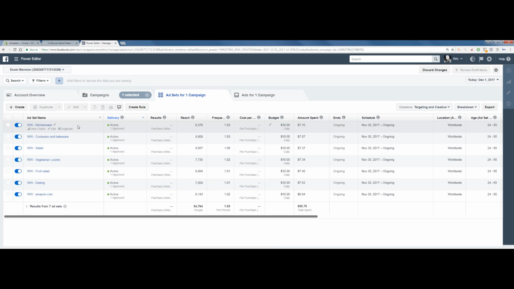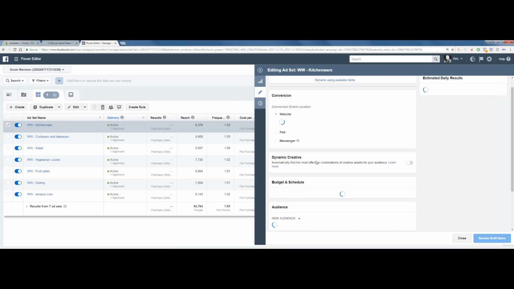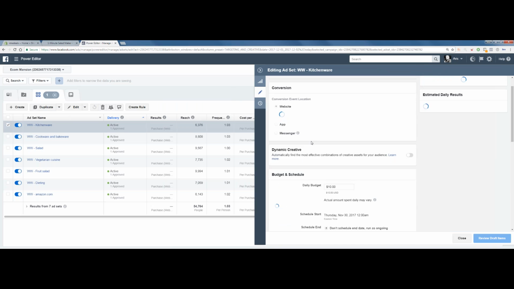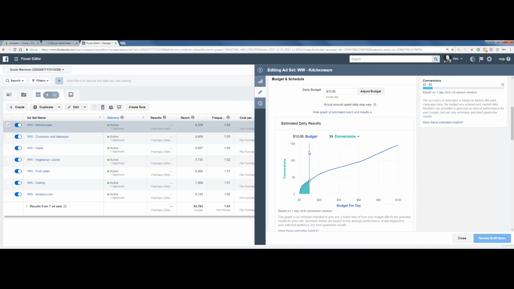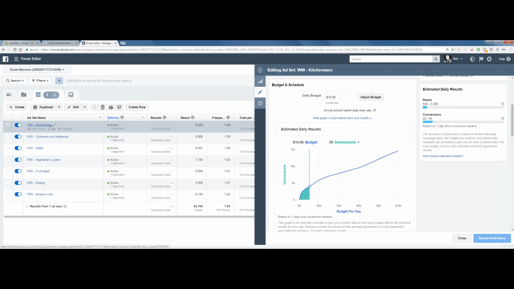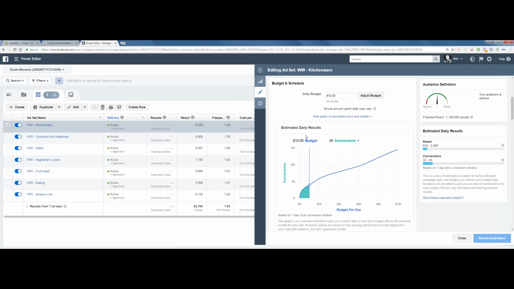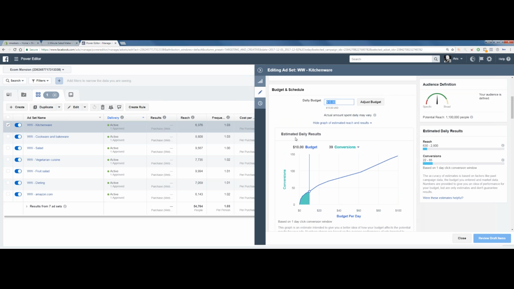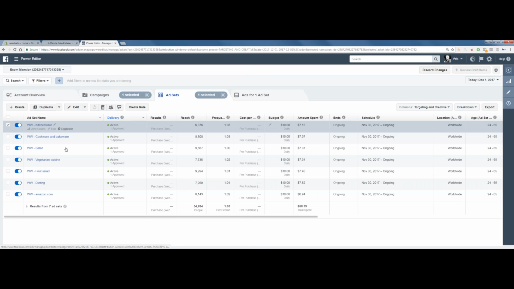Now, you've heard many times, increase the budget. That doesn't mean you get into this ad set and you change the budget. You never, under any circumstances, touch any ad sets that have a positive ROI, ever. You never go to this ad set that's making 30+ ROI and change this to $100. You will mess up the optimization Facebook has been working on for the past however many days you've had it running to optimize to make you sales for $10. You never touch it. You duplicate the ad set.